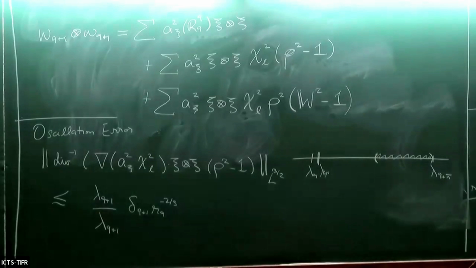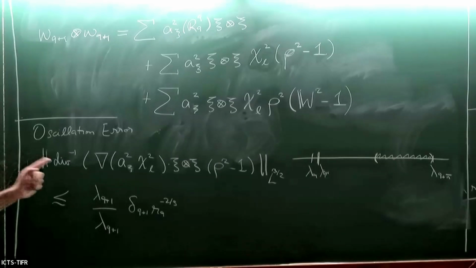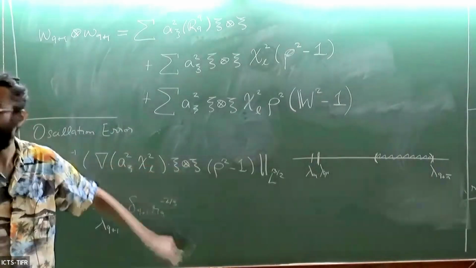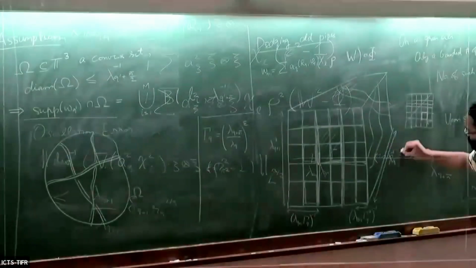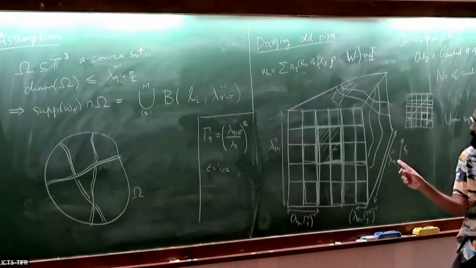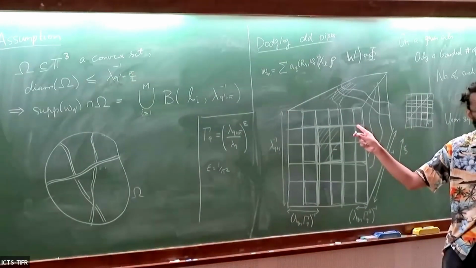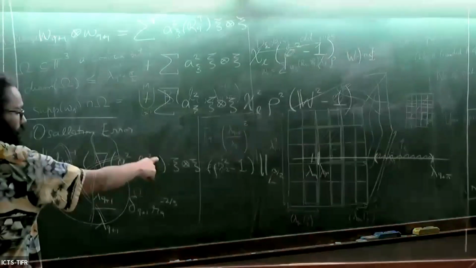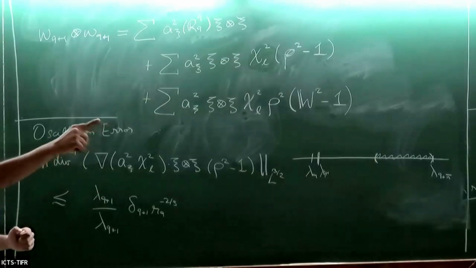But the thing here to notice, and this was first noticed, I think, okay, maybe, I don't know. The first place I know where this was noticed was in the work of Matt Novack and Vlad Vicol, where they showed H^{1/2} intersect L^infinity solutions to Euler, is they use this idea. And the idea is basically, okay, you have this gradient, but it's dotted with psi tensor psi. And psi here in this picture is this long direction. So that's the direction where you're adding the pipe. The cuboid is the pipe. And so actually this gradient is not seeing the full gradient,